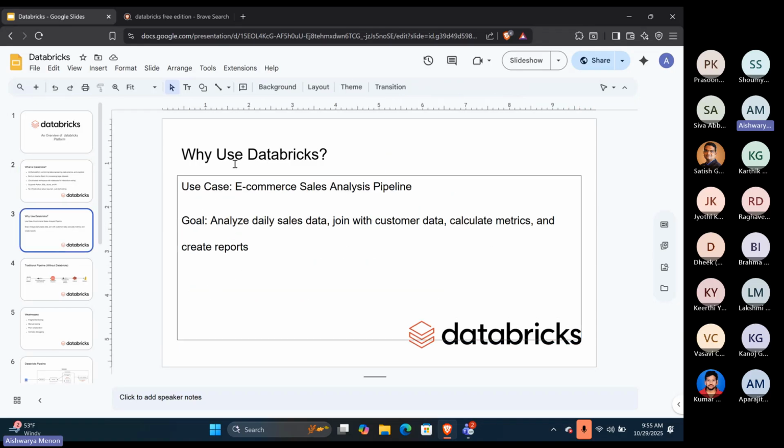Now, why exactly do you use Databricks? Of course, Shiva's already given you a great example of the Costco case, but I'll also give you a simple example so you'll be able to go forward with the demo as well. Let's consider an e-commerce sales analysis pipeline. Say I take two tables of sales data, customer data and orders data, join them together, calculate some metrics, and create a business report. If this is the use case, in a traditional pipeline,